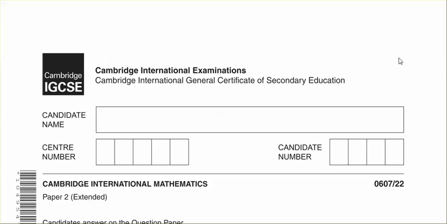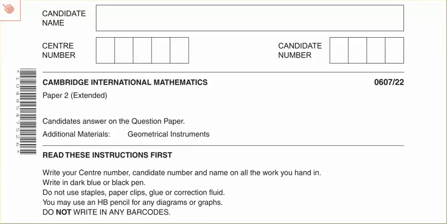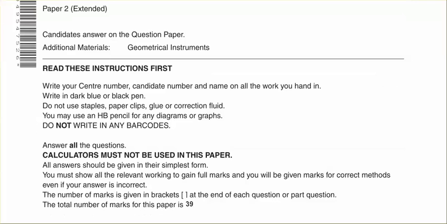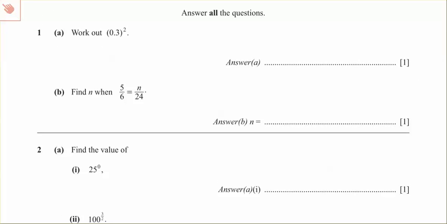So, solutions for the mock paper 2, year 11. Okay, so bearing in mind this is a non-calculator paper as suggested. Calculators may not be used on this paper, so everything we do must be done without a calculator. So, starting in question 1,